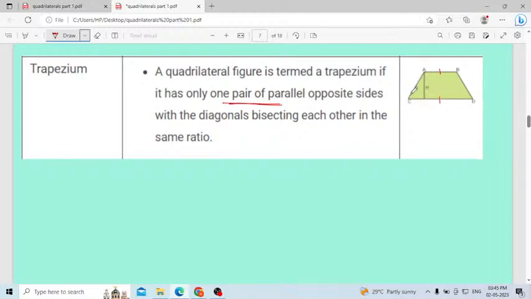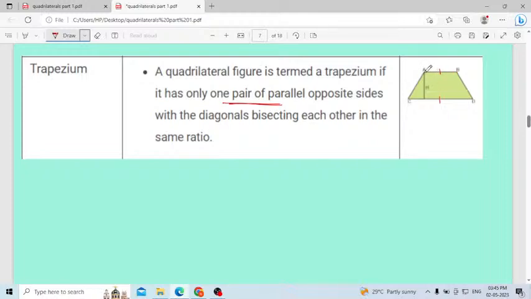You can see, when you see the figure, you will come to know these two lines, like AC and BD, will not be parallel. And even the measurement is not the same. AB is parallel to CD, but they are not of equal length, but those two lines will be parallel. Then with the diagonals bisecting each other in the same ratio, here also the diagonals will